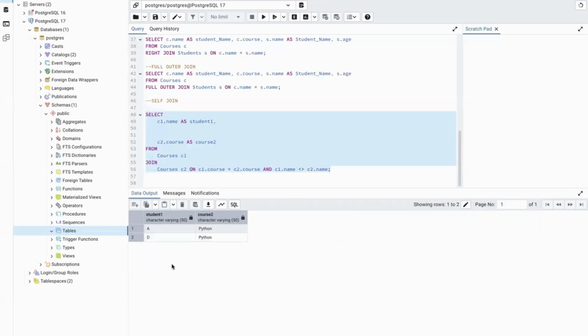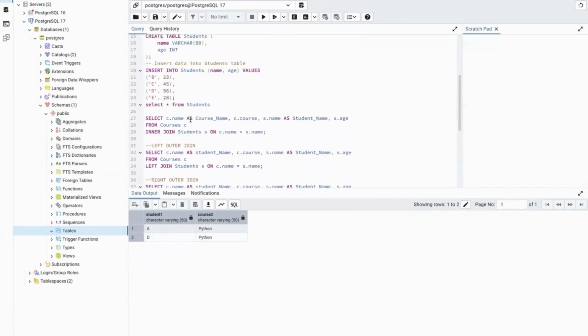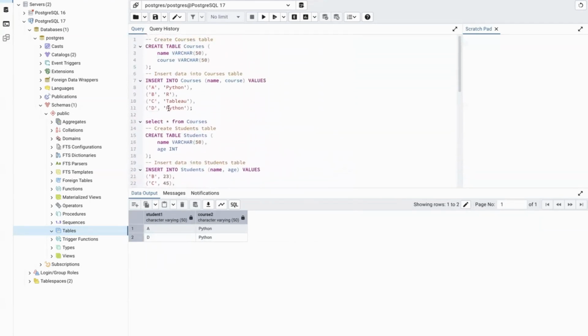So if you see, there is the A and the D, A and D. They are both enrolling to the same course. So what is the use of that self join? When you want to see, for a particular course, how many students are enrolled, which are repeated, like it's the same course, how many students are enrolled,